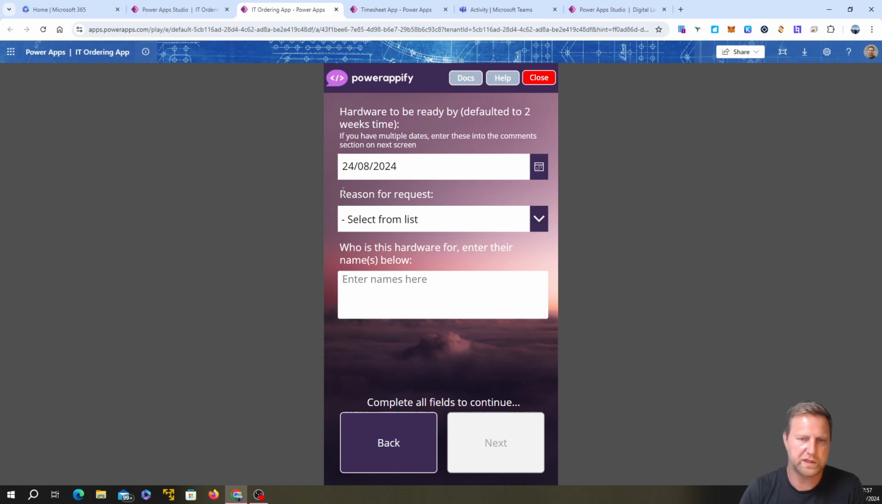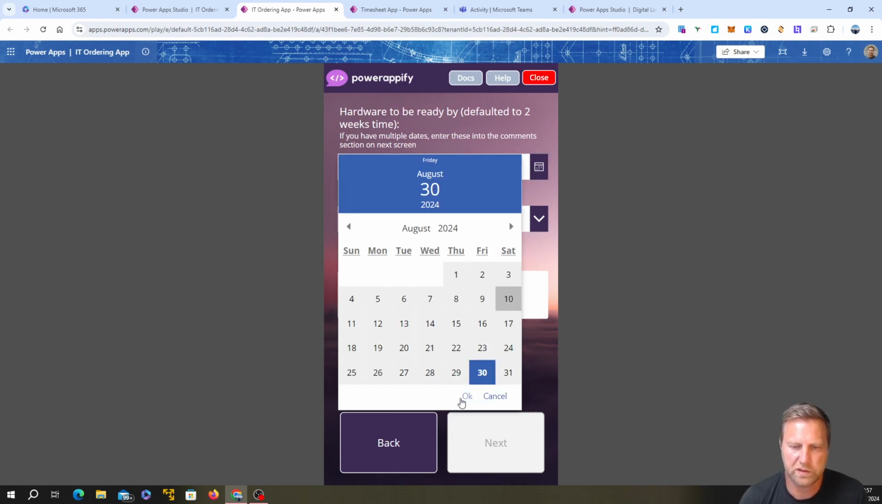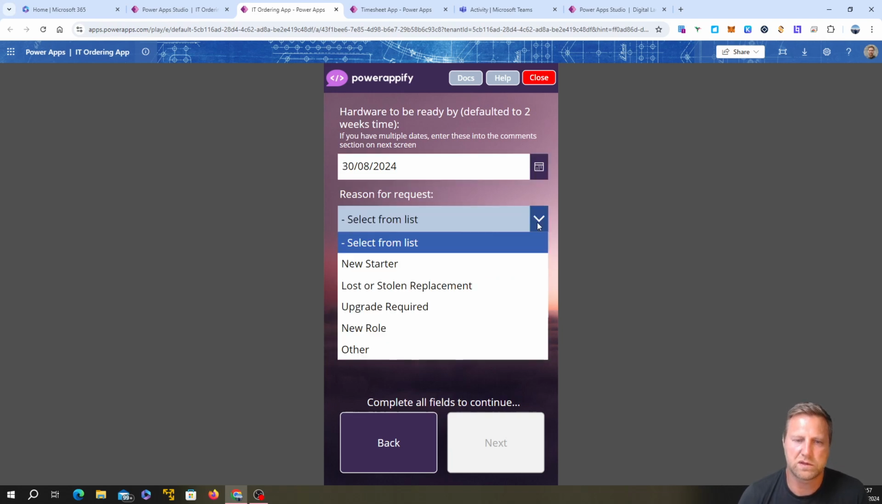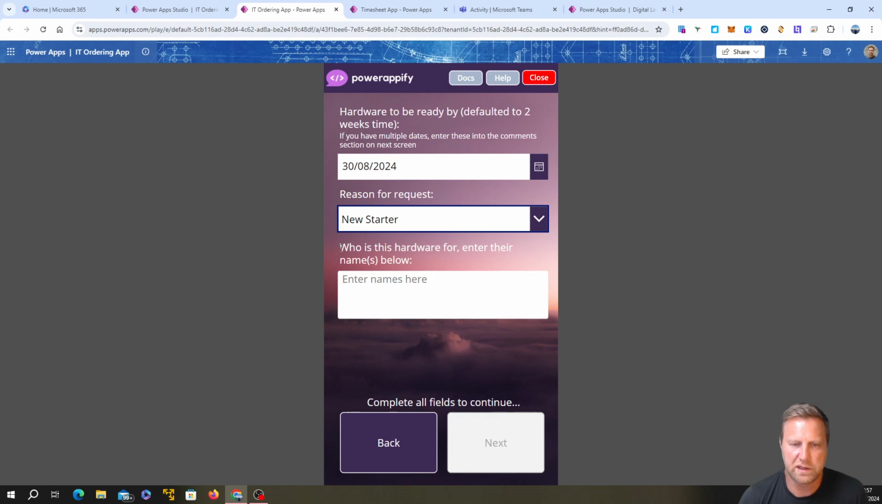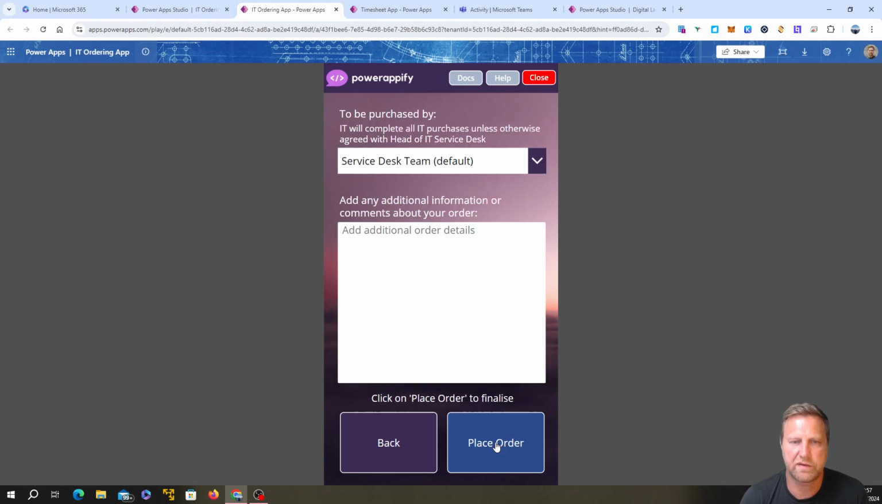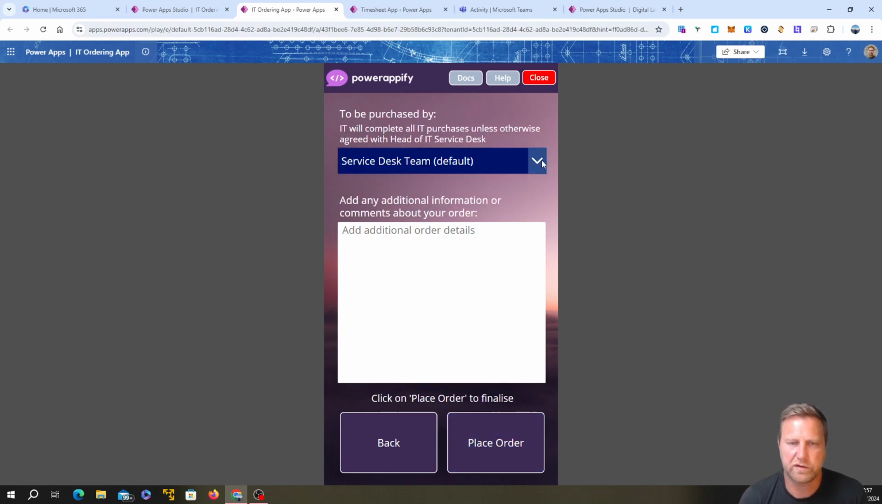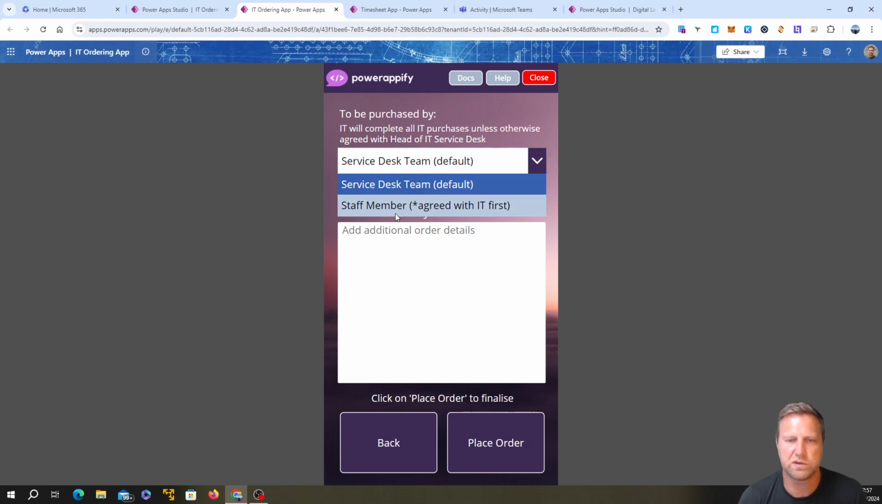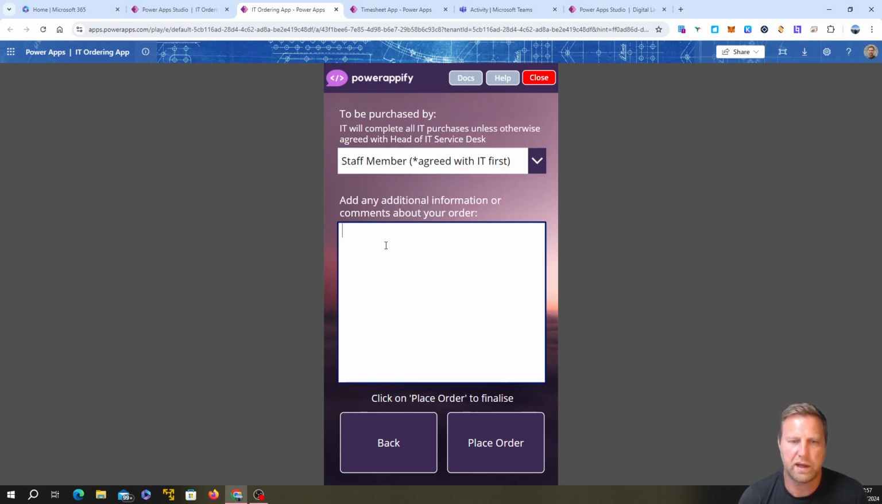This defaults to 2 weeks' time, but you can do it whenever you want, or they could change it to whatever date they want using a date picker. What's the reason? Is it a new starter? Who's the new hardware for? Anyone in particular? This is just a free text field, and then next, and then who's going to do the purchase? Is it going to be the IT team, or is it going to be a staff member? And then any additional information,